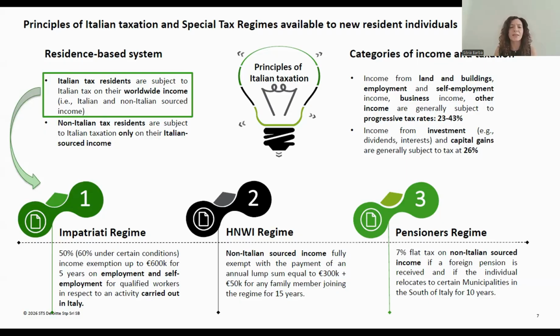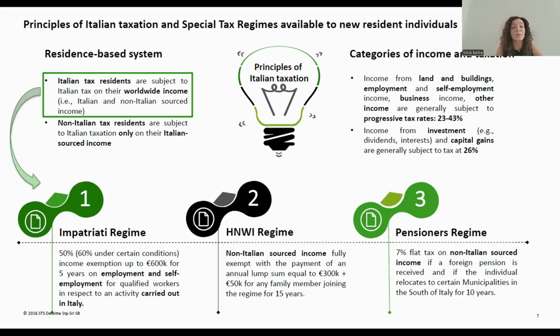On the other hand, financial income is subject to a favorable taxation, which is currently set at 26%. And this applies to, for example, dividends, interest, but also capital gains deriving from the sale of shares and other kinds of income from investments, so financial incomes. So here,